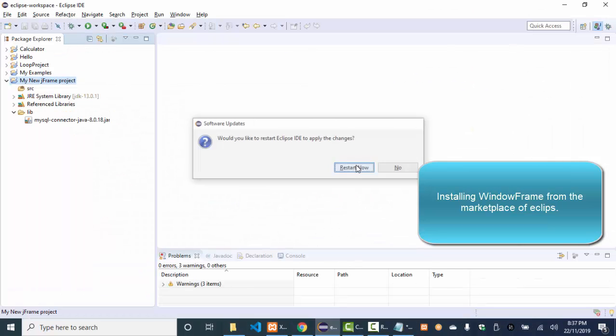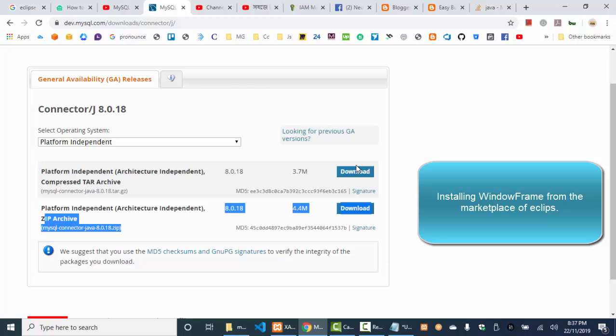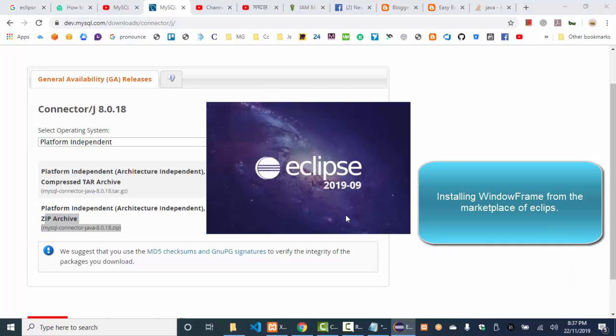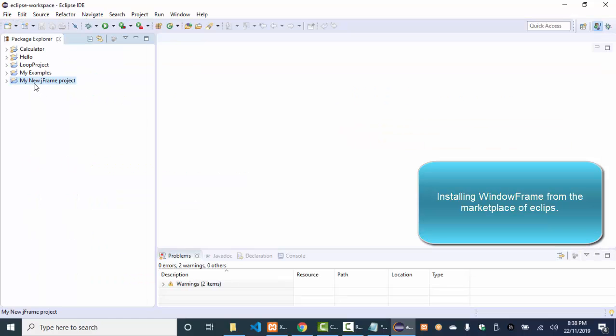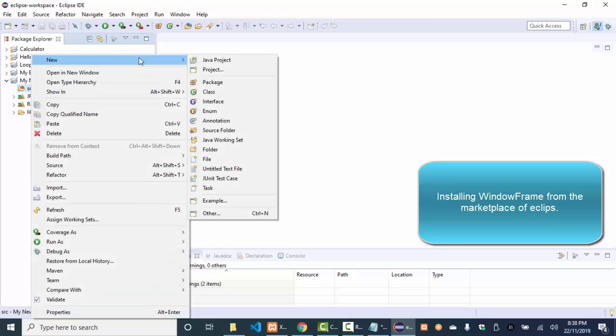Just make this restart. Eclipse started over. Let's use it and go to our project. Our project name was my new JFrame project. So inside the source folder, create a new file class,